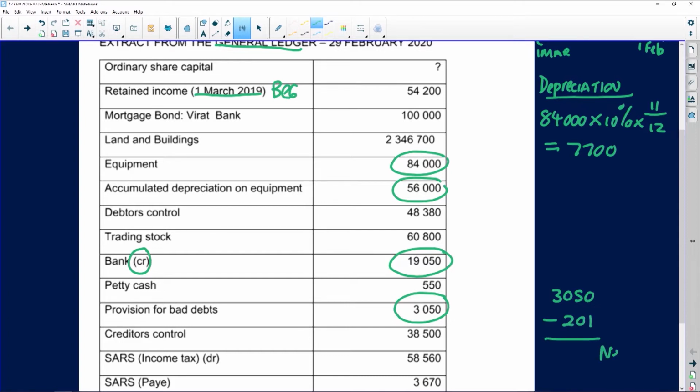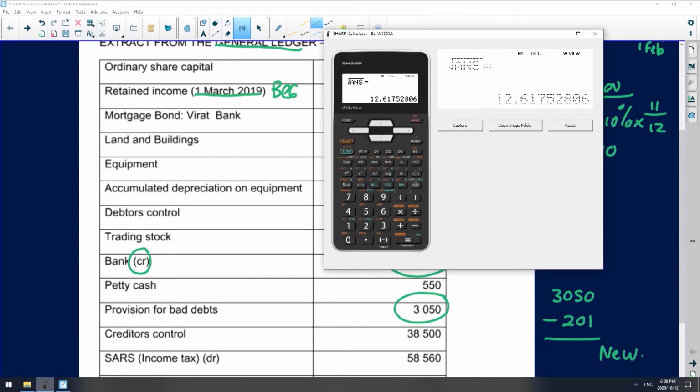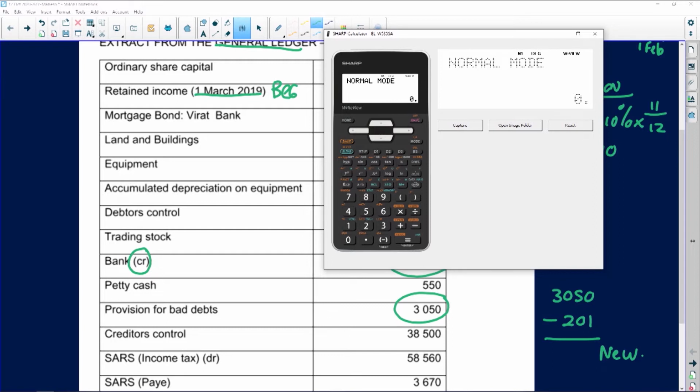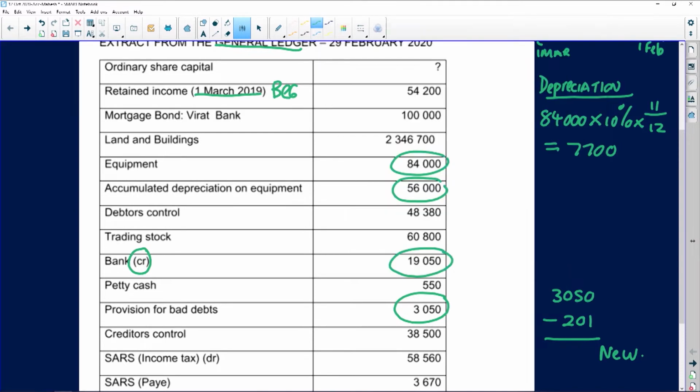So my new provision for bad debts, let's quickly get our calculator out. So 3050 minus the 201, and that gives us an amount of 2849. So our new provision for bad debts, 2849, and this is what I now take to the actual balance